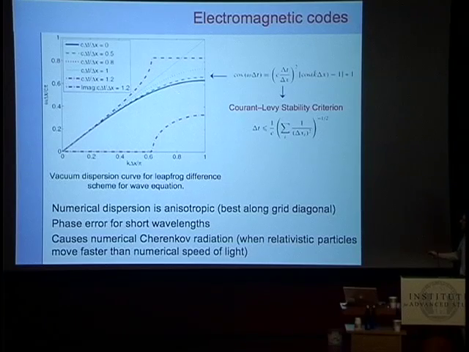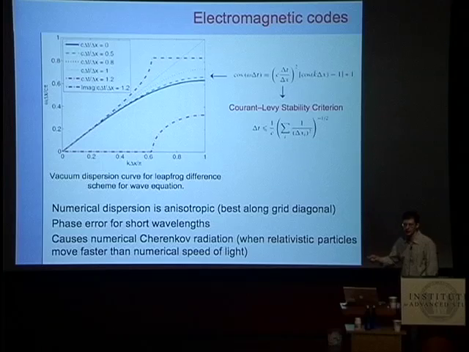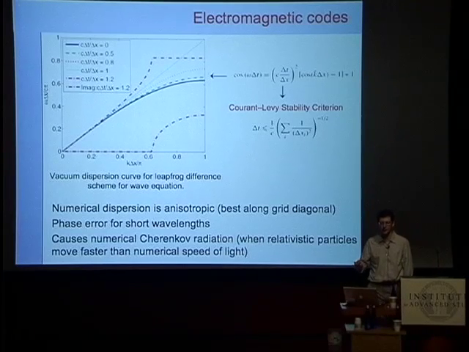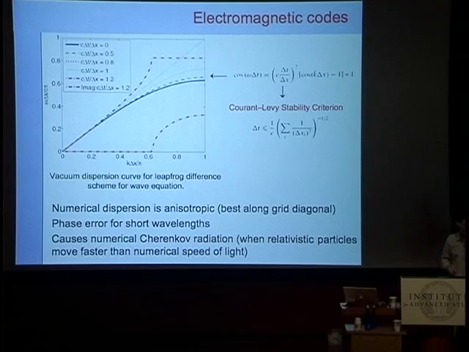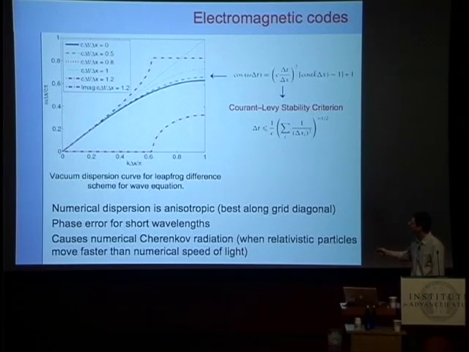In general, this doesn't cause a lot of problems if you resolve your wavelengths. But in a relativistic plasma simulation, you can run into a very peculiar effect where a relativistic particle always moves close to the speed of light. And it moves close to the real speed of light. And you can have arbitrarily large gammas in the simulation. Then the particle will move arbitrarily close to the speed of light. Yet, there are